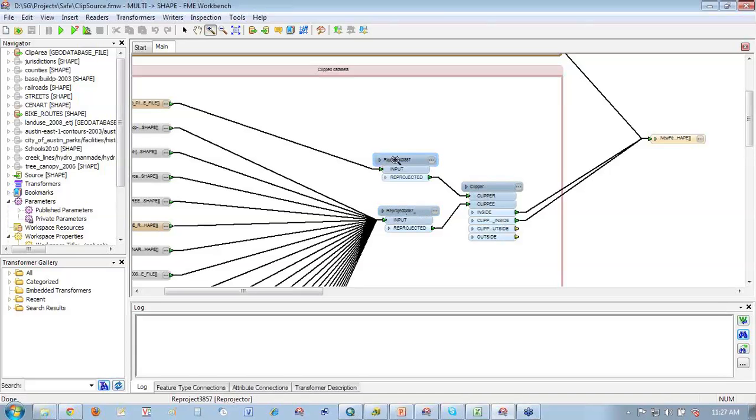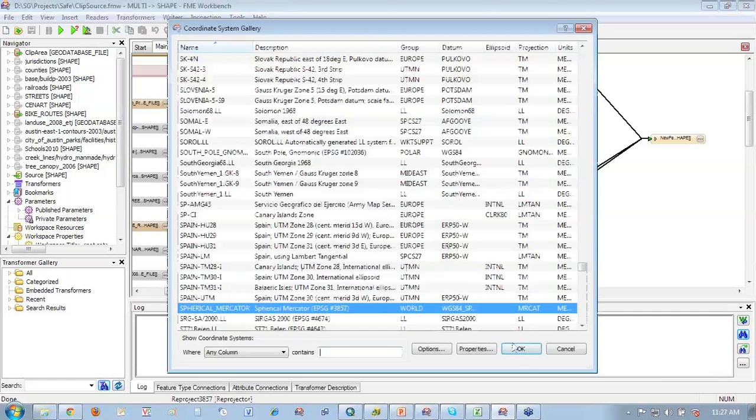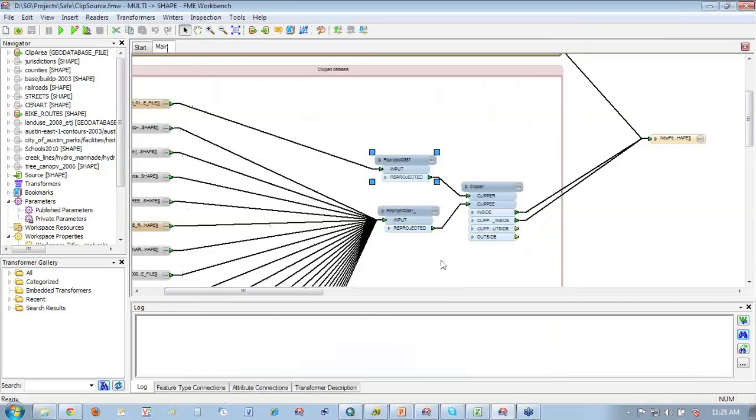And in this case, I was reprojecting everything to the 3857 spatial reference, one of the latest spherical Mercator standards. There is some debate, for local government users, about whether it's better to use the local state plane coordinate system or the spherical Mercator for the target. In this case, I chose to go all with spherical Mercator, but of course, if you wanted to change this around, it'd be easy enough to do in FME. You can just go to the transformer and pick the spatial reference that you want to use. And of course, if you get into it, there's lots of those things to choose from, and everything that you'd see in ArcGIS or elsewhere would be supported in that.